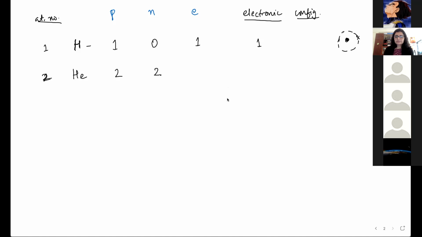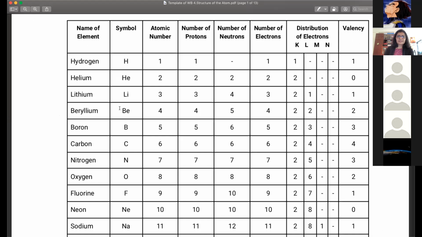Okay. Ma'am, we have the table in this atoms and molecules. It is in atoms and molecules, and here in the workbook also there is a table. Yes, ma'am. We can take that reference. Yeah, name of element, symbol, atomic number. On the basis of atomic number and mass number, you can figure out the number of protons, neutrons, electrons. And then the distribution of electrons is also called electronic configuration. Both are the same thing. So don't be confused, it's not something new. This is also called electronic configuration.